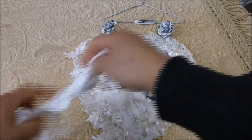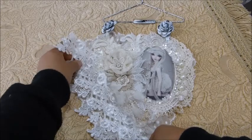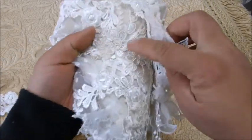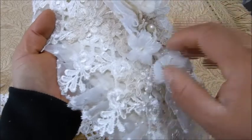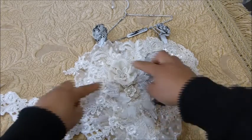So I had used this beautiful lace trim here from Annie's shop along the sides, and I had used this other corded lace from my stash that I have tea dyed, and it has little drops also, see the drops there. I had laid that on top of it,